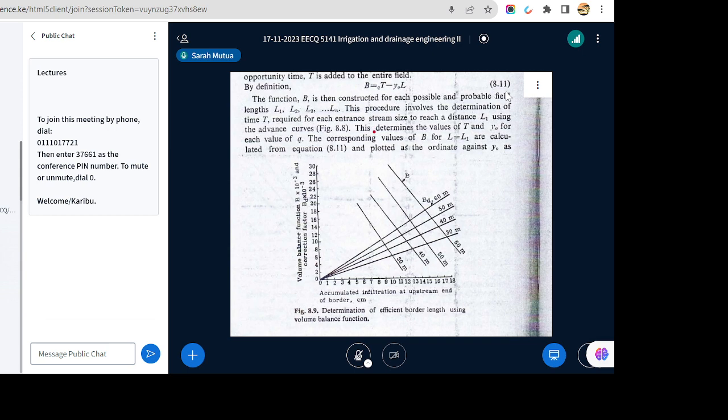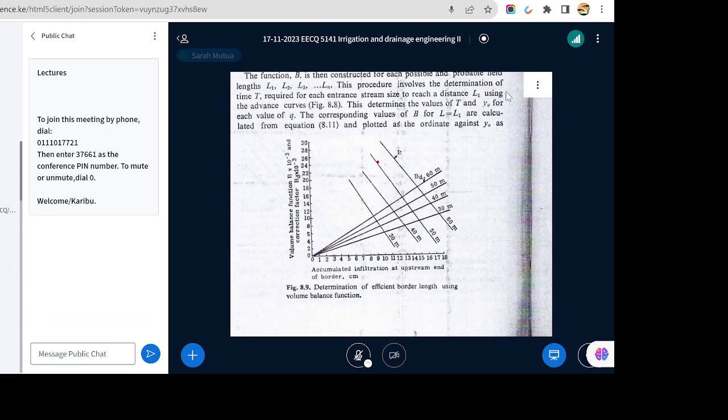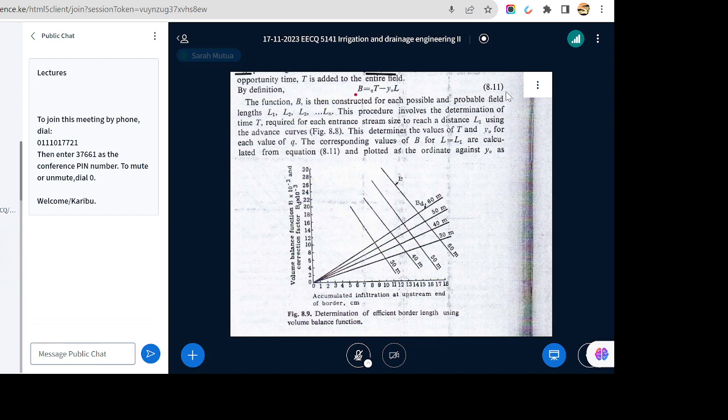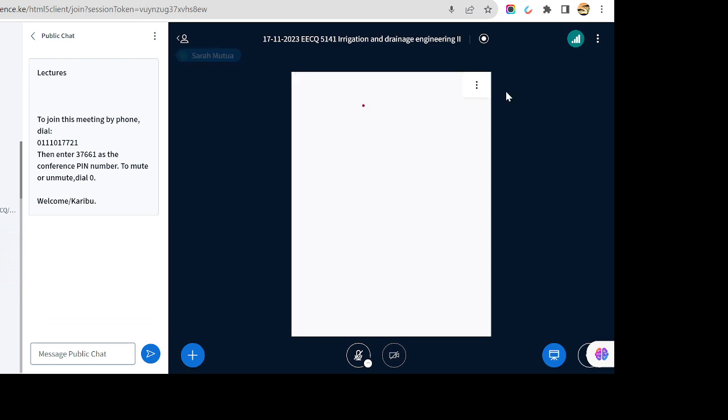So first of all, you plot the volume balance functions B. These are the diagonal lines, the ones that I've just indicated here, running northwest to southeast. And then you also need this other set of lines, the BD. And what is the BD? The BD is